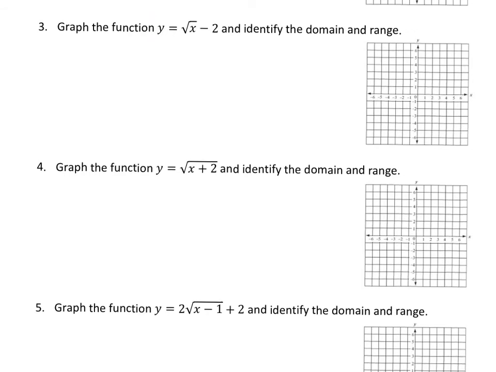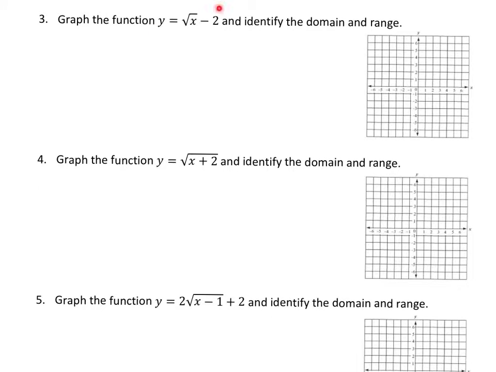All right, number 3, we have a k, but no h. See this negative 2 here is a k because it's on the outside of the square root. So that's going to shift us up and down. Basically, we're going to draw the exact same graph as our y equals square root of x, but just shift the whole thing down 2. So for our x and y, if there's no h, then you always just use 0, 1,